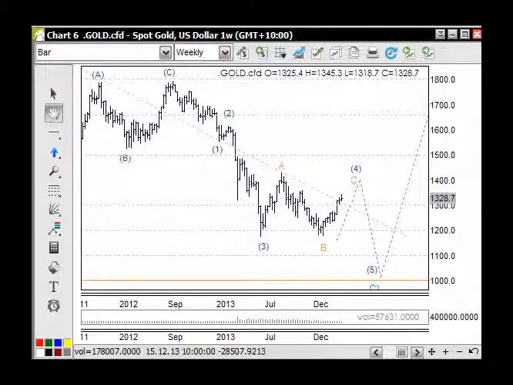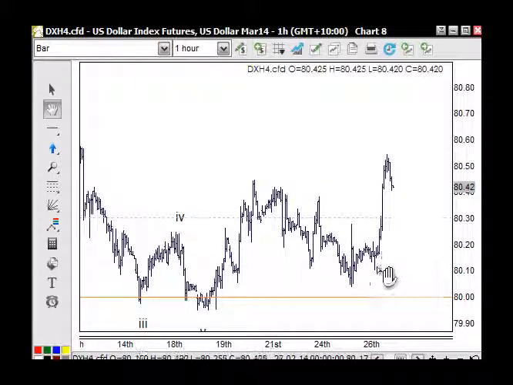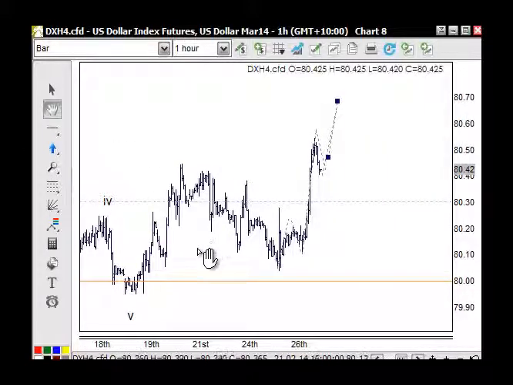Welcome, and here we're looking at gold, and we have seen the US dollar. I'll just bring the US dollar chart up through here. The US dollar pushed up strongly through here, and we're likely to see a little bit more in terms of 5 waves for the dollar to push up, so we can expect those commodities to feel that sort of pressure there. What we don't know with the US dollar though is